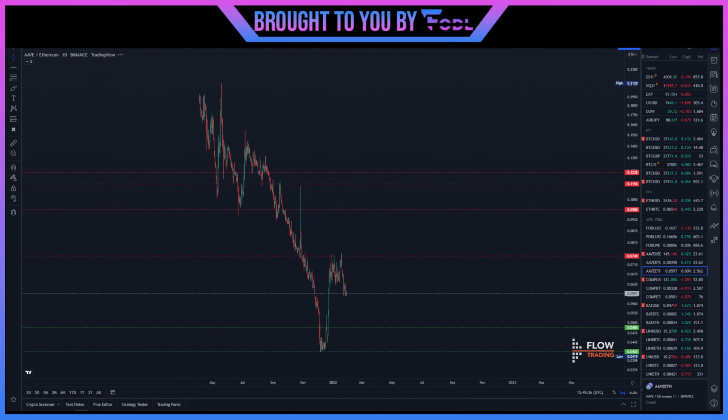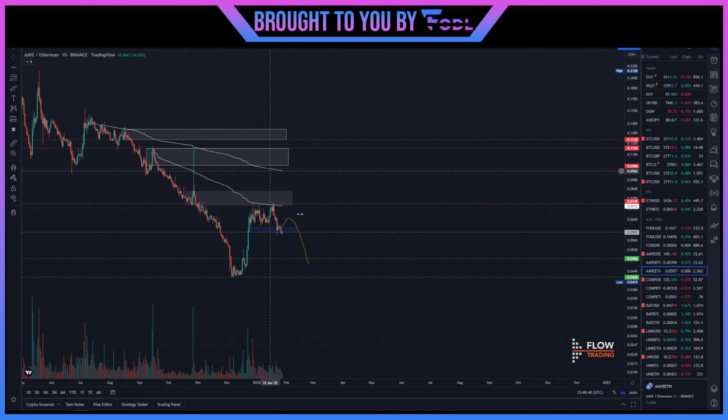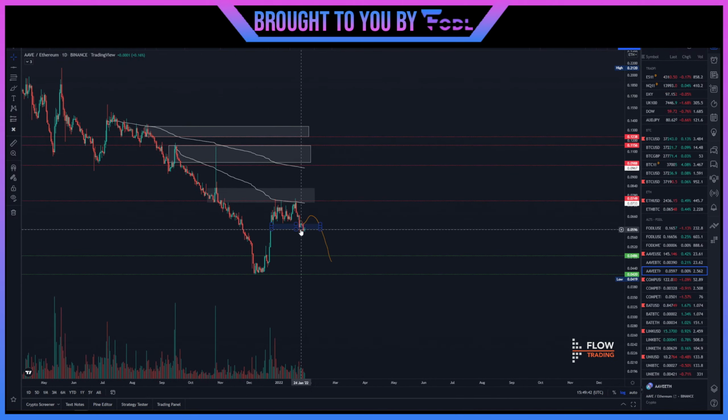AAVE versus ETH is going to be very much the same thing. As you can see here, we've kind of tested this low vol. I had a little rectangle there. This is essentially just a little bounce. It was just an order block that I took from there. But you can see now that this is support. It's been acting as support, and as long as it does,